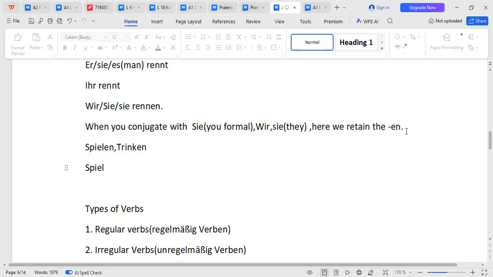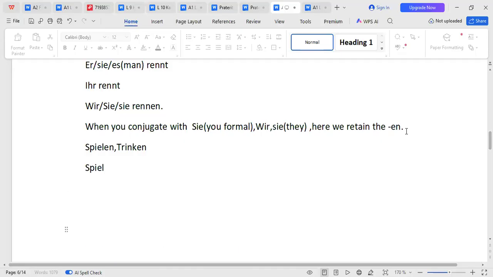So start to distribute it according to the subject, students. If you have the ich, write your spiel. Ich spiele. The rule is with ich, you add an e. With the du, write your spiel and add st. Du spielst. You play.